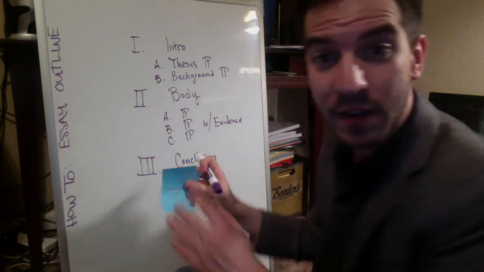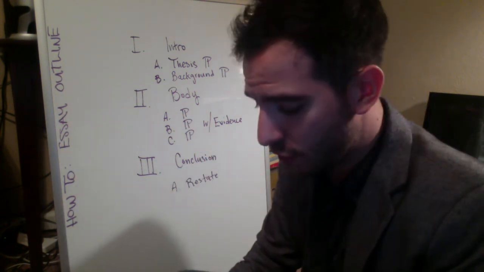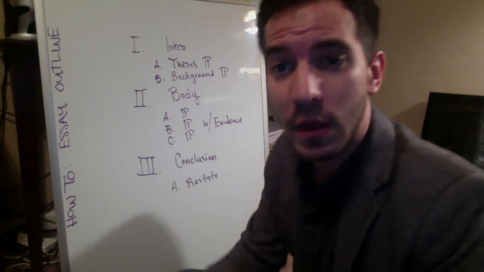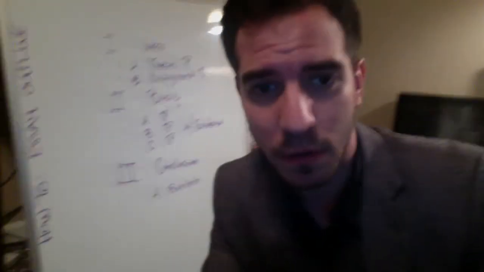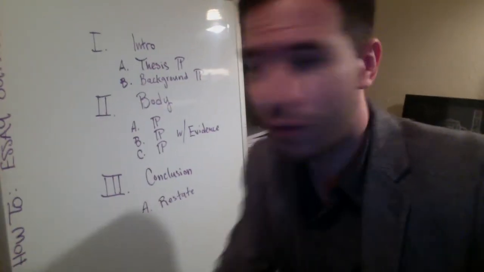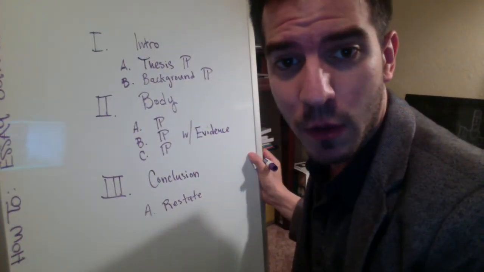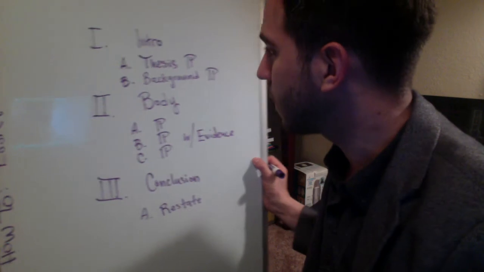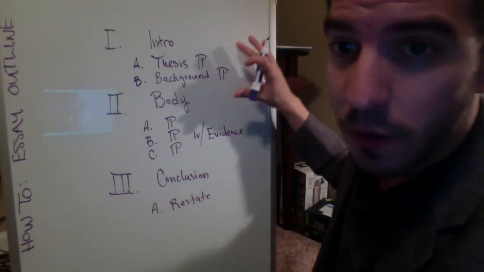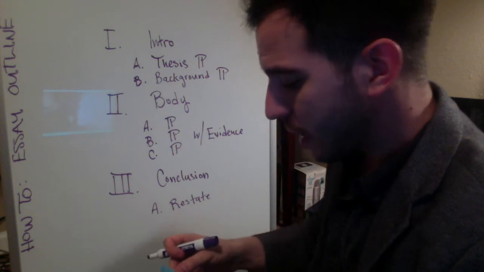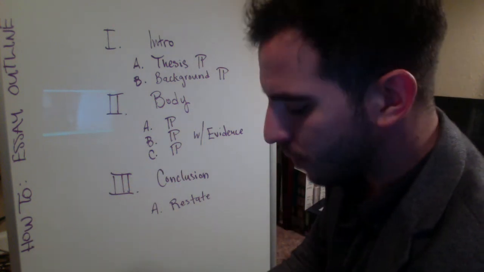Alrighty guys, so that is our basic outline. This is what you want to use every single time you write an essay, okay? Can you guys see that? Alright, so first off, we've got Roman numeral 1, which is the intro, okay? So basically the intro in a lot of essays